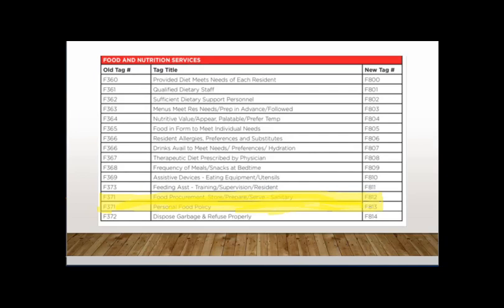So once again, I've highlighted F371. As of Tuesday, we don't have new results yet from our new survey, but F371 has always been one of the top 10 tags nationwide, and right now it's still in the top 5. This time around, we have 2 different groupings. F371 was split into F812 and F813, where they're saying, okay, we're going to split it into 2, and it's going to be